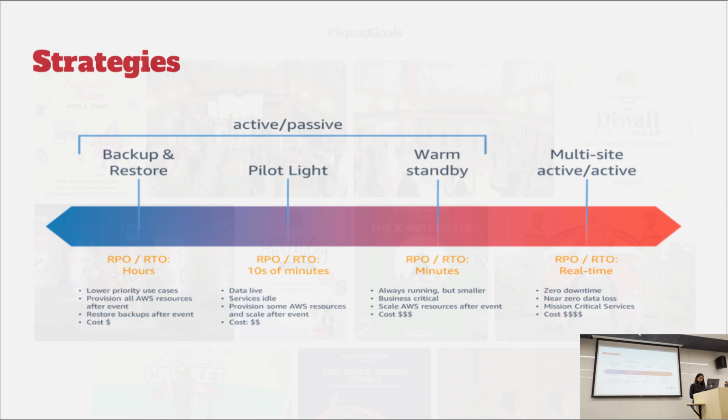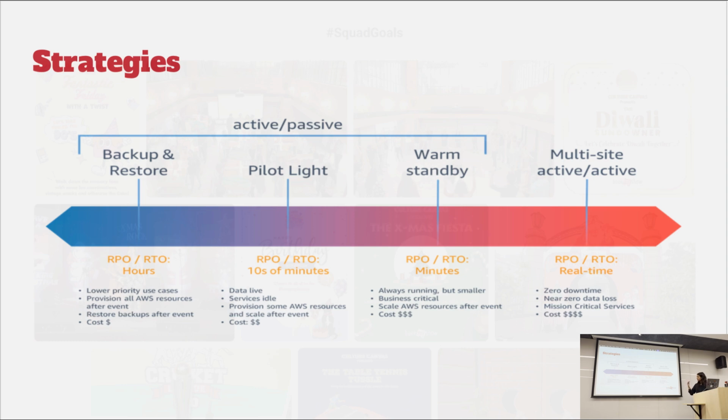Then multi-site active setup is a parallel setup that we run along with production. Everything that is running in your production is getting replicated in your DR zone as well, in real time. Majorly, when you do not have any constraint of downtime, it is better to use backup and restore. But for example, if you're running in the healthcare industry, you cannot afford that downtime. So according to your business use case, you might want to use the multi-site active strategy.